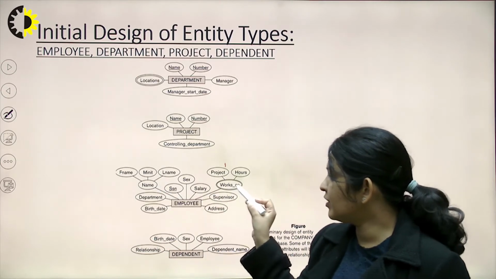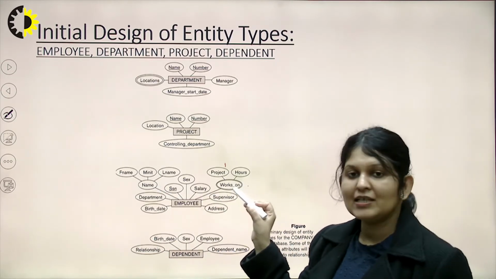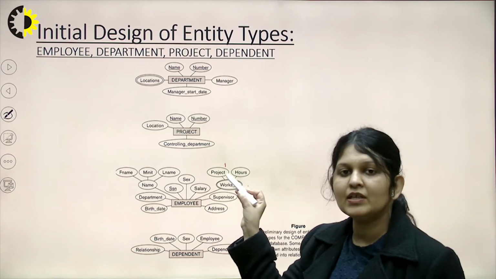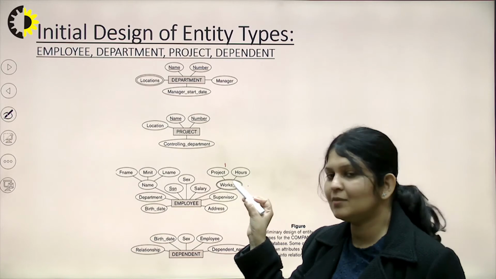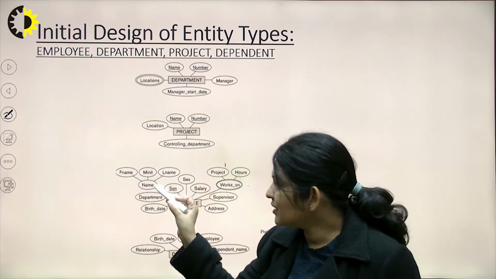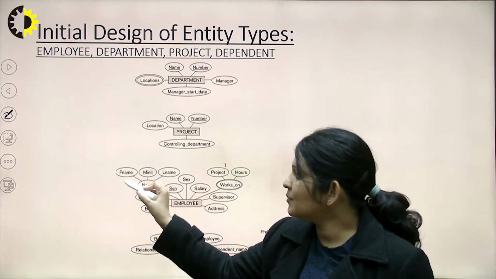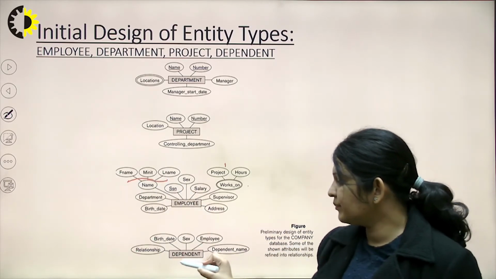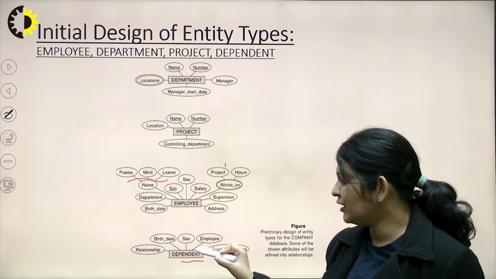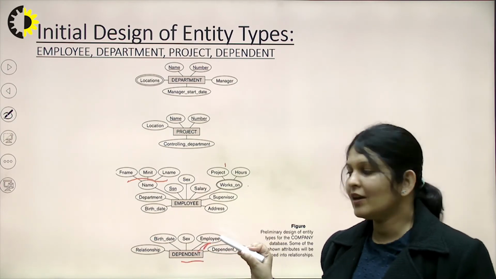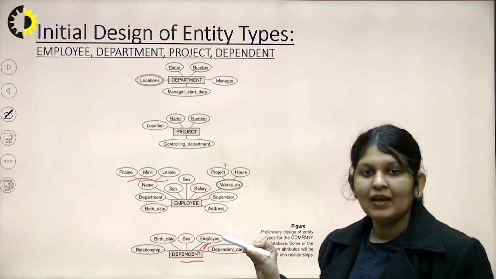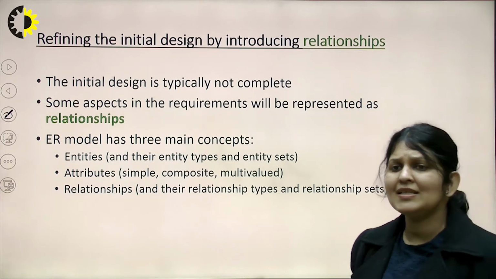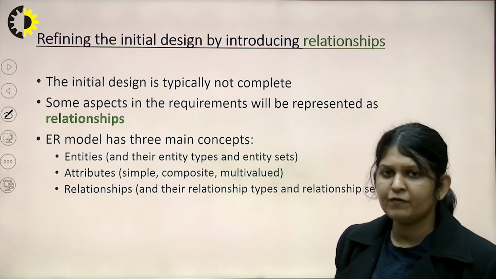and the works_on. Here we have taken it to be the attribute. Here it is actually multi-valued. A person can work on various projects, so we have shown it through the double oval. And here name is a composite attribute, so its sub-attributes would be like branching. Then dependent would be dependent upon a particular employee, so here we have made the employee as the attribute of this. But still the initial design is not a perfect design, we need to refine it.